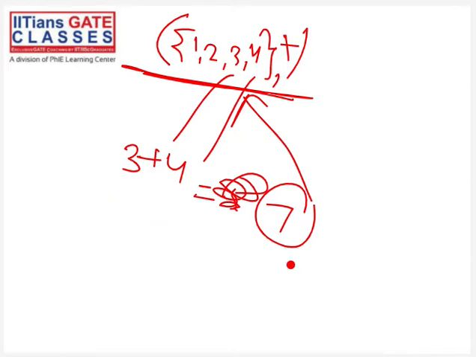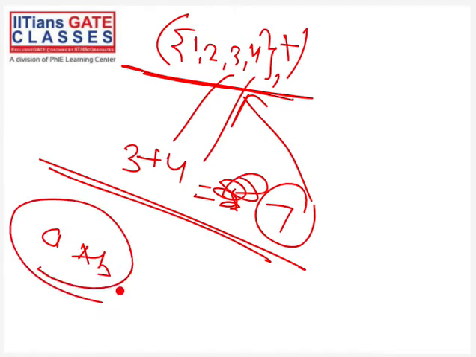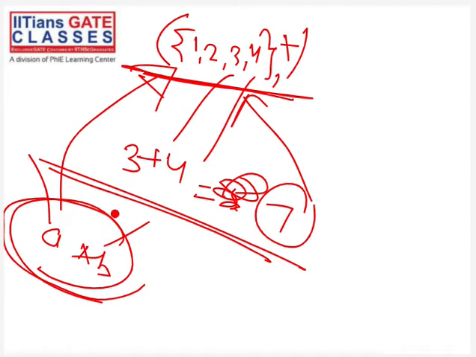Closure property is a very simple property. It says that a star b must also belong to our base set. If you take any two elements and apply the star operation, then the result must also belong to the base set. This is the closure property. You can see this pair does not satisfy the closure property, because if you take 3 comma 4 or 3 comma 3 or 2 comma 3 or 4 comma 4, then the result will not belong to the base set.